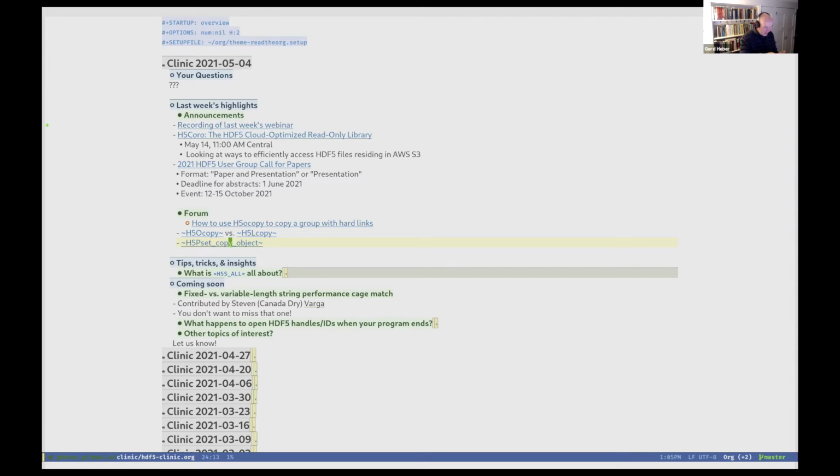It could be a dataset, it could be a committed data type, it could be a group. Groups are also included in those objects. But then the question is really, when you copy a dataset or copy a committed data type, what does that really mean? And that's where it doesn't exactly fall apart, but there are many corner cases.